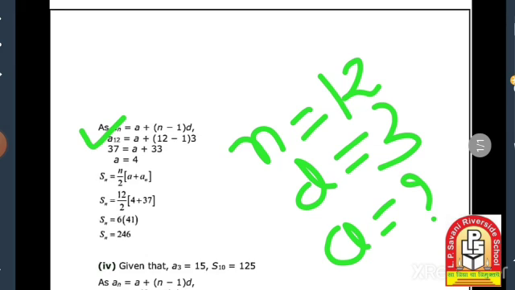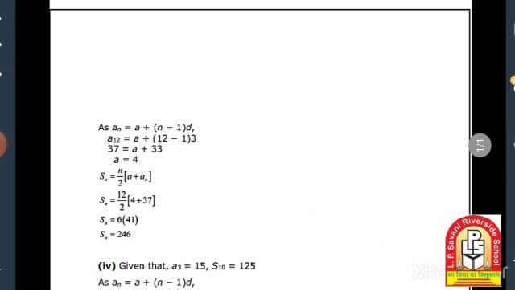So I use the equation of an, the arithmetic progression equation: an is equal to a plus (n minus 1) into d. I just put the values of n and d, and then I find the value of a. That is a equals 4. Then next,